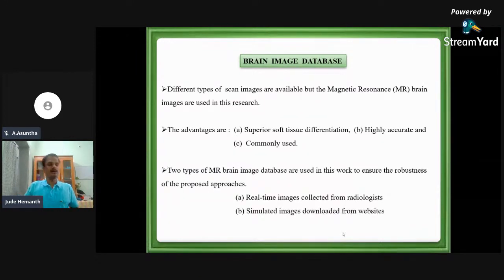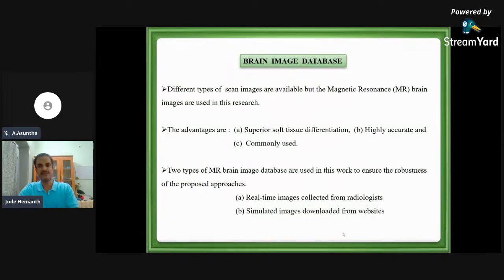MRI, if you are working on brain images, I would suggest you go for MRI images, right? There is also another advanced one called fMRI. I'm not sure how much data will be available in India because it is quite expensive. So if you are able to get some MRI images, you can very well work on this because MRI captures the brain very accurately, so that the decision making by the neural network will be much better.